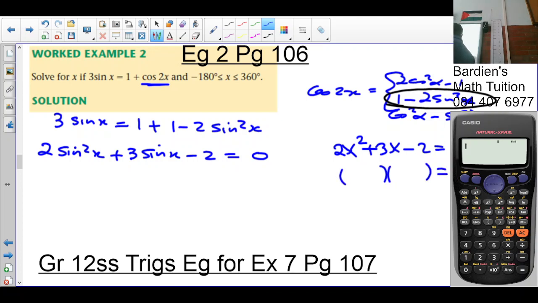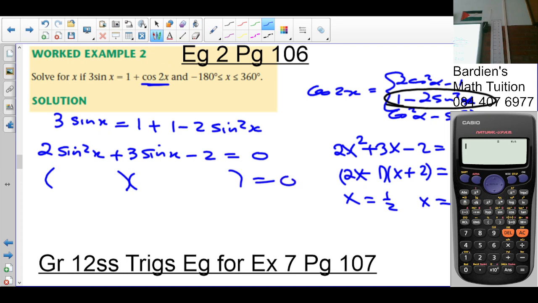If you don't know how to factorize this, use the quadratic formula. If you had gone to the quadratic formula, you would have gotten x to be half and x to be negative 2. Then from there you go straight and say that sine of x is equal to half and sine of x is equal to negative 2. You can do that as well. No? Otherwise,